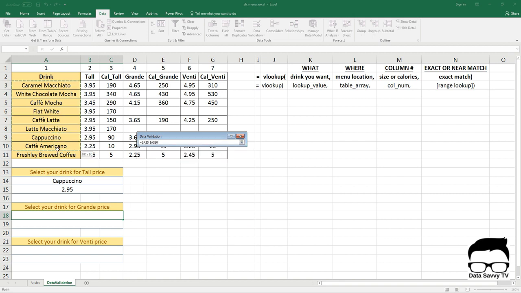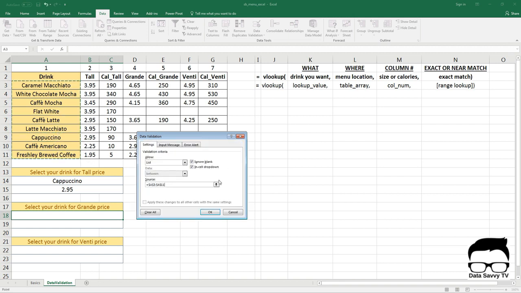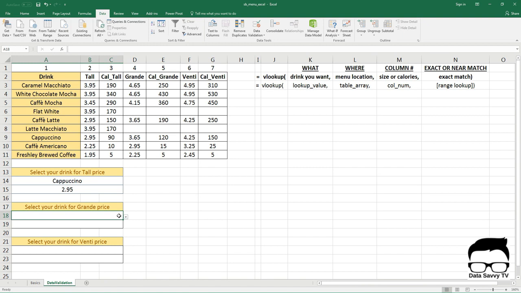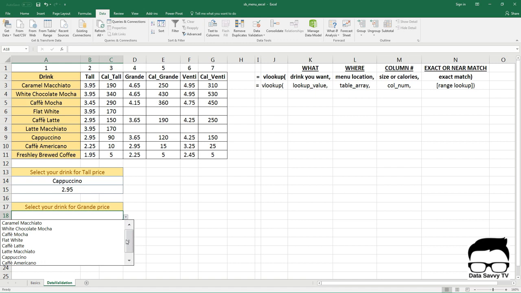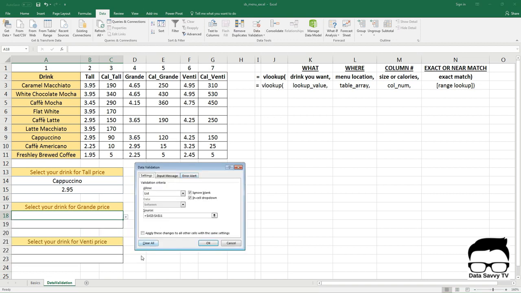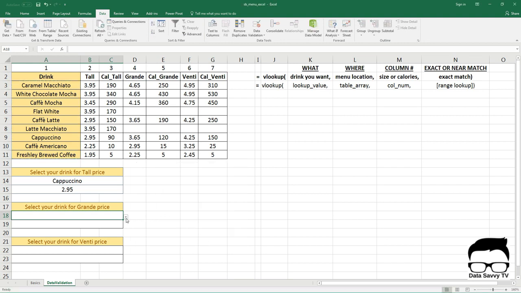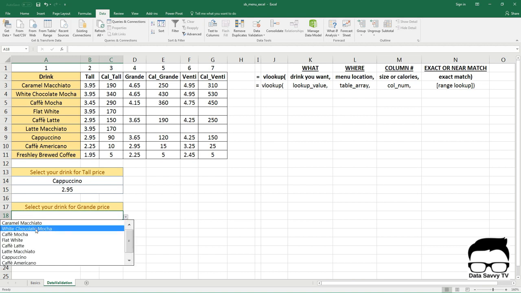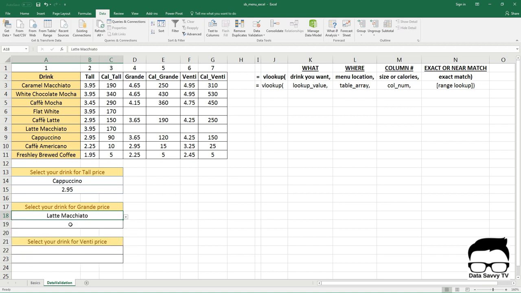So we're going to select the drinks and then hit OK, and then you see if I click in this cell there's a little drop down arrow, and this is showing this list of drinks that I picked as my source in the data validation source field. So now we can pick any item, and I'm going to build the VLOOKUP for finding the grande price for